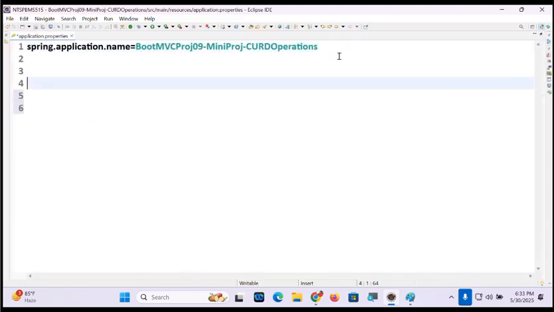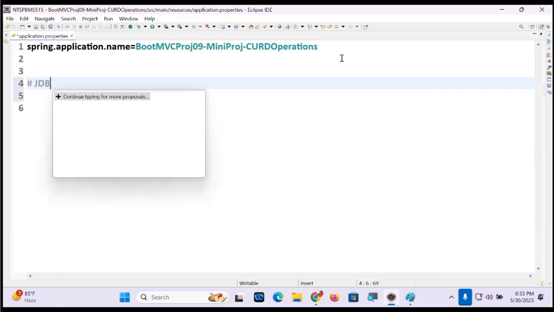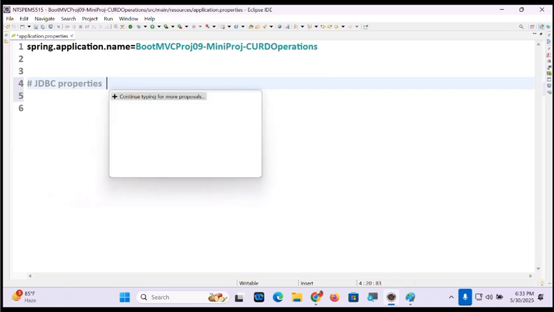Here, first of all, JDBC properties, nothing but data source config.